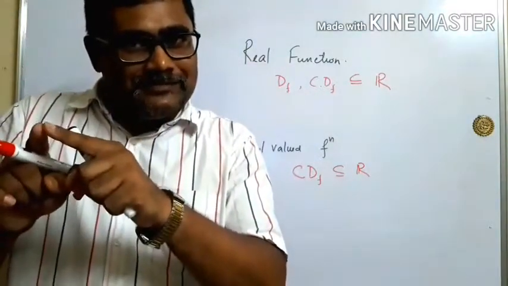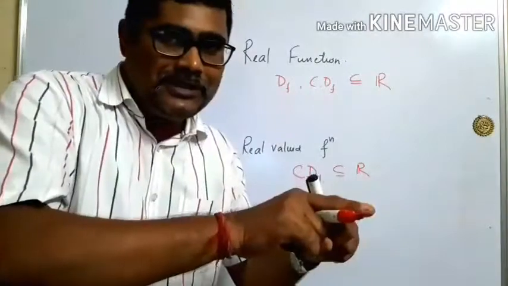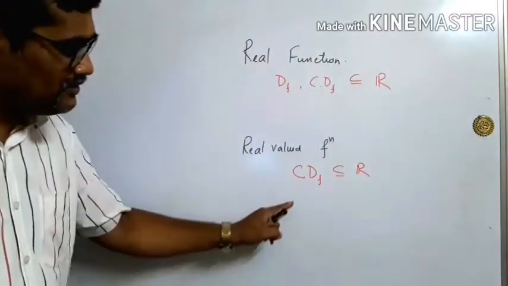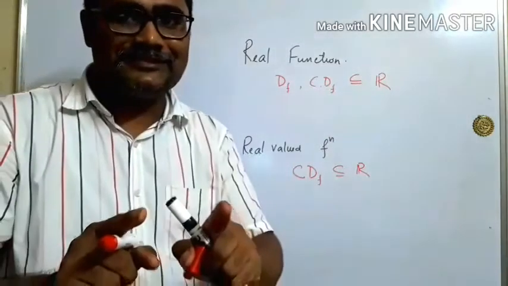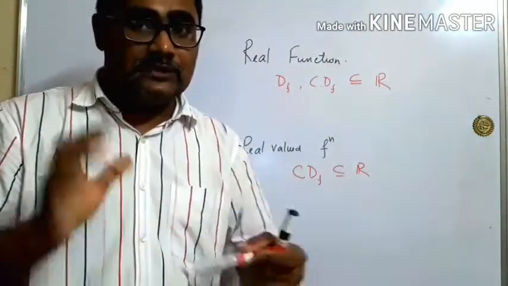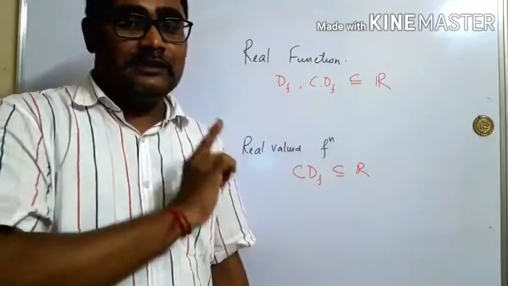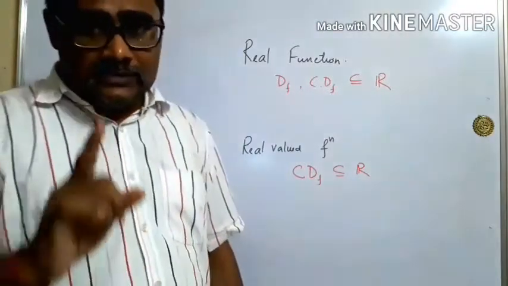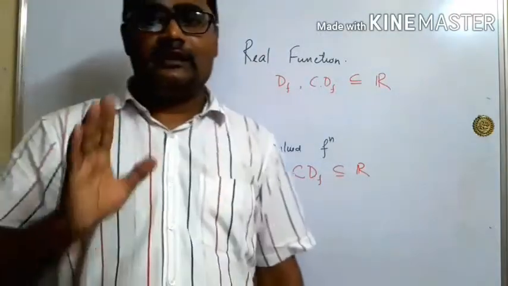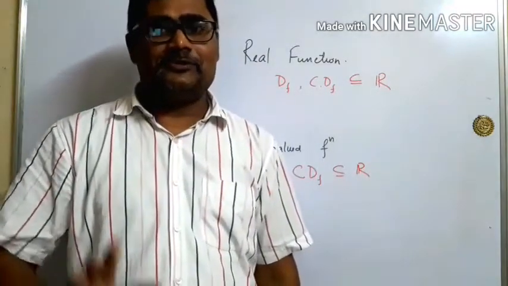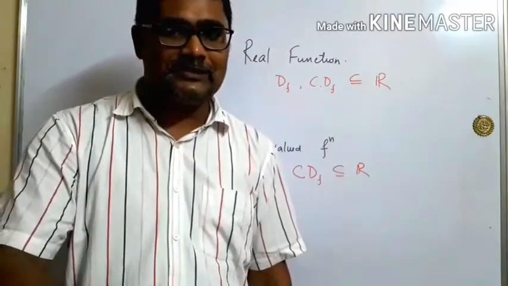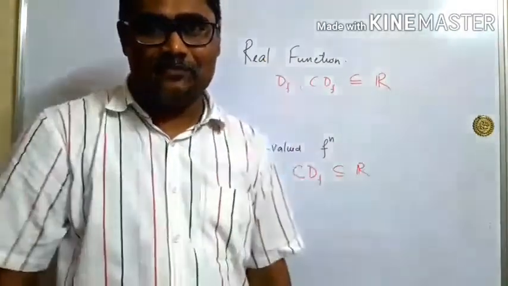Pre-images will be complex numbers, whereas images will be real numbers. So that gives you a good example of a real valued function, right? So this you try to read very carefully and observe clearly. Next, one very important thing: in class 11 or 12 by default we will study only real functions, means